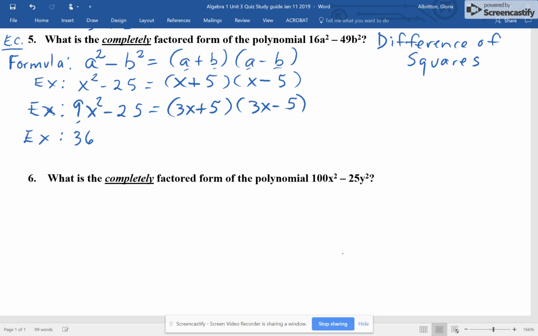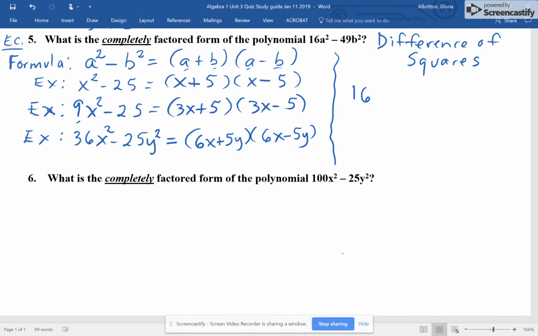Let's try 36x squared minus 25y squared. What if we've got a variable squared on the second term? And again, we're going to break them into binomial factors. So let's start with the 36. It's a perfect square, 6 times 6. X squared, x times x. 25, 5 times 5. And y squared, y times y. One is plus, one is minus. And we're done. Now, when we look at the problem here,